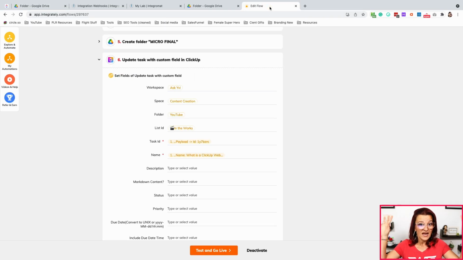Now to wrap everything up, we are using webhooks to save resources rather than using an automation tool to go out there and check and check and check again. We tell ClickUp, hey, when this happens, go send information to this webhook. We then integrate that specific webhook with our automation software. That's where we got the URL to send that information to. In my case, over at Integrately, we then move into, okay, we have all of this information. Cool, Evie. Let's do this, this, this, this, and that. And now we are done.